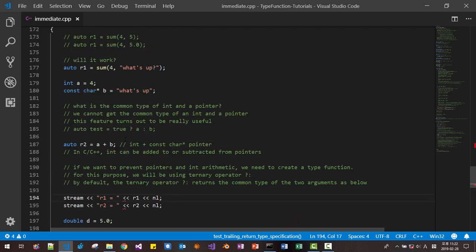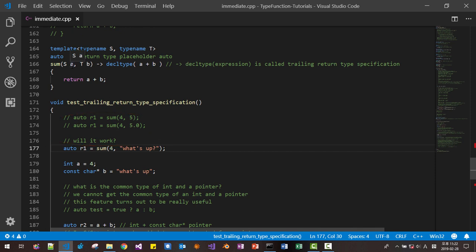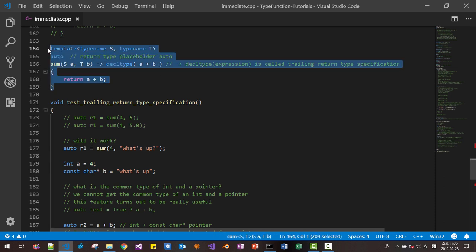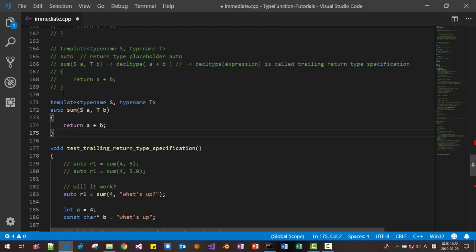This R1 still works. Integer constant pointer operation still works. If we want to disable this smartly, we can modify it like this. I will disable this once again and paste here. Watch it carefully.